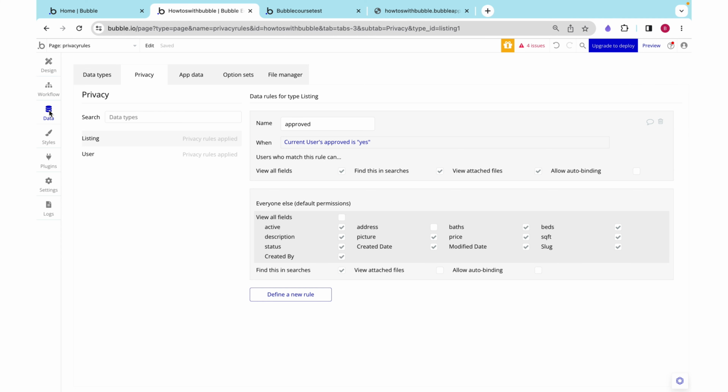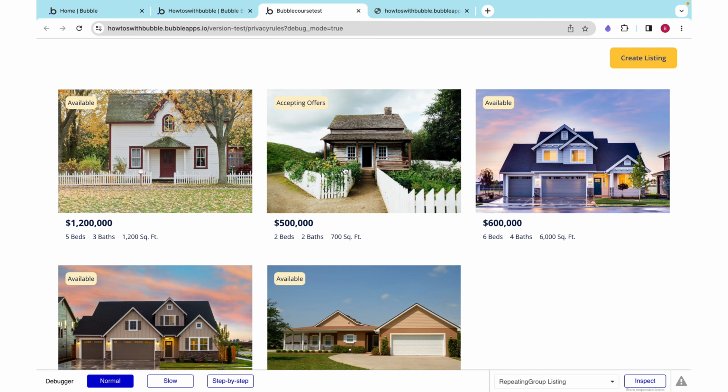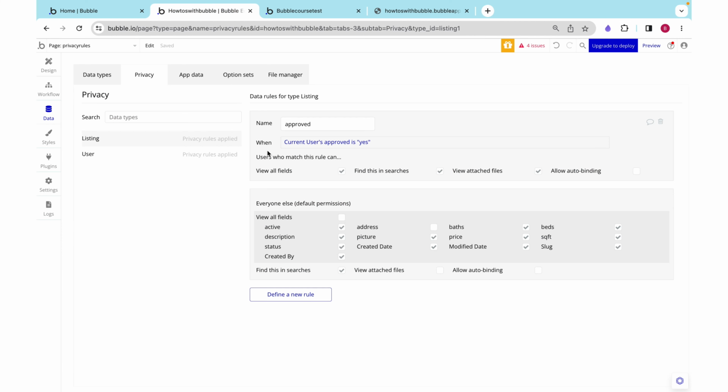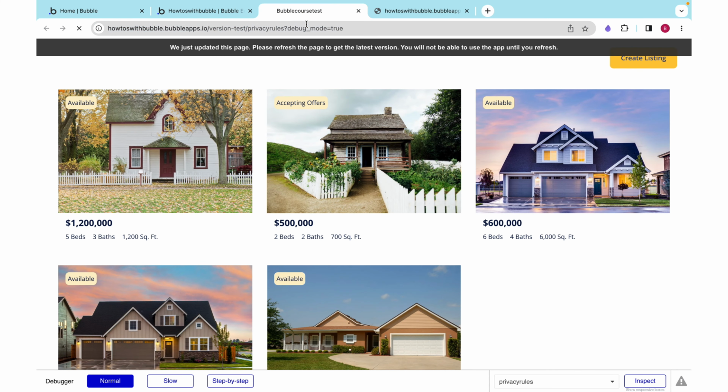Debugging is an essential part of any application, and a lot of the times when you aren't seeing information, it has to do with privacy rules. So I can check over here under default permissions. I can see that I accidentally unchecked the price checkbox. So if I recheck that,